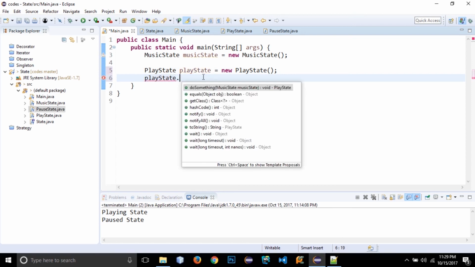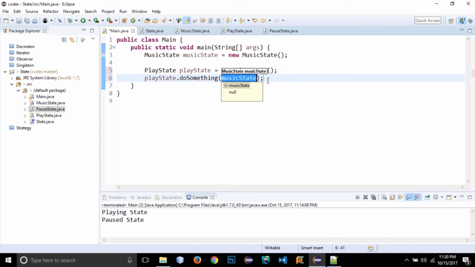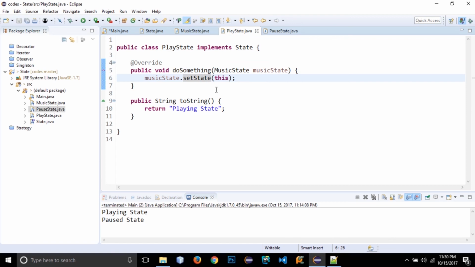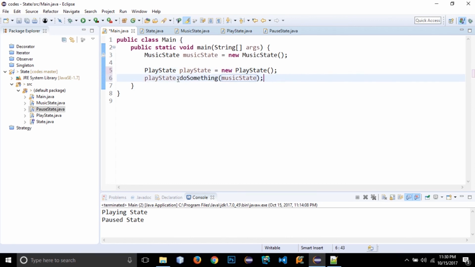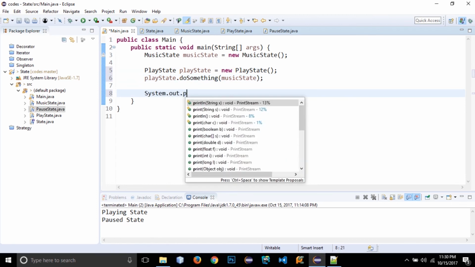and now using our play state dot, we have got the hint that we have do something method to call, and then we will be able to send this music state class. So this play state has an instance of this class, because the state is the parent. If you know what is polymorphism, you should know that we can call the method that are written within the current class, or we can call the method that are in the parent class, the inheritance, okay. So play state dot do something and the music state,